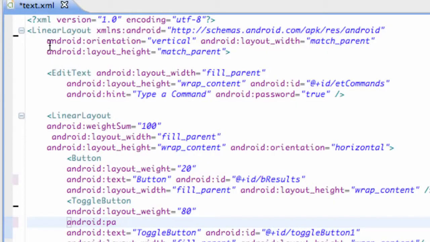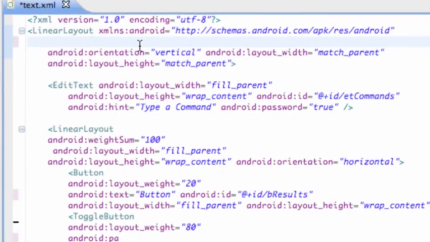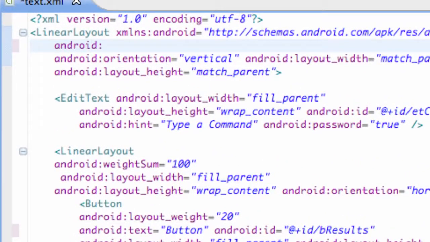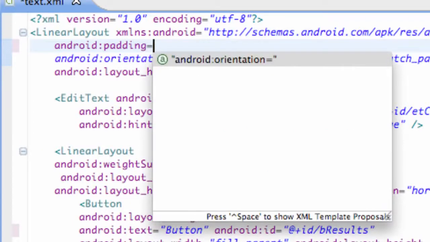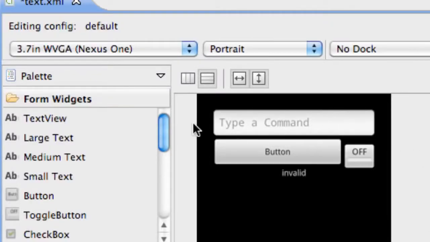Basically what I want you guys to do is go up to your first linear layout. This is the one that will fill the whole screen and defines everything else within it. And just add a line of code within the opening bracket. Pretty simple. We're going to say android:padding, and we're going to put like 10 dp, something like that. Well, let's do like 25 dp, just so we get a desired result. There you go. There's just 25 density pixels of padding throughout this whole linear layout that defines basically the edge of this